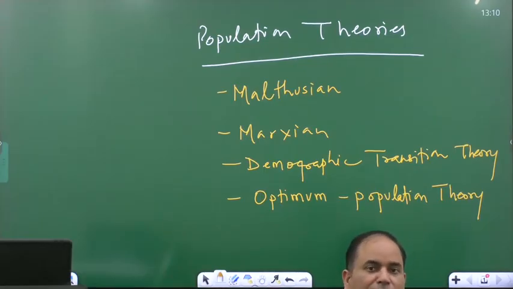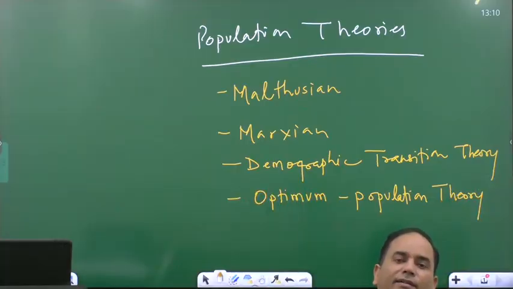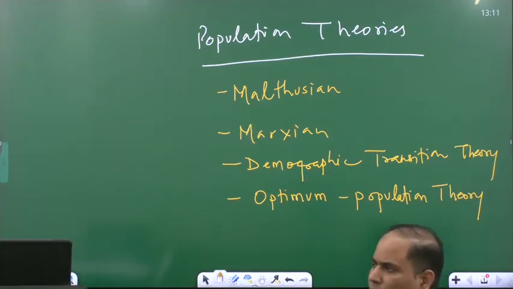When Malthus gave the theory, he was the first proponent to come out with a theory. His idea was how population knowledge can help societies. Because nobody had thought of it. In a larger sense, yes, it is regional planning, but it was not regional planning. It was for the general welfare of society. How the study of population will be important for the welfare of society, because when you come across